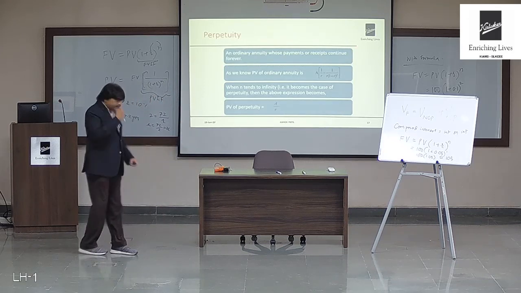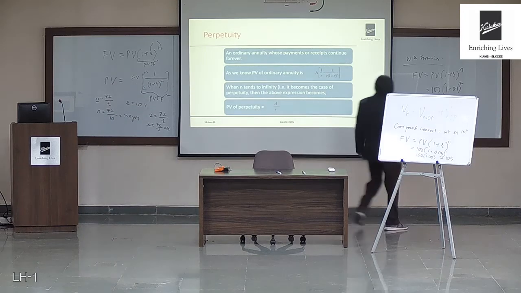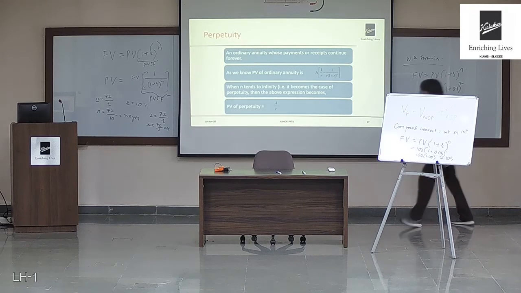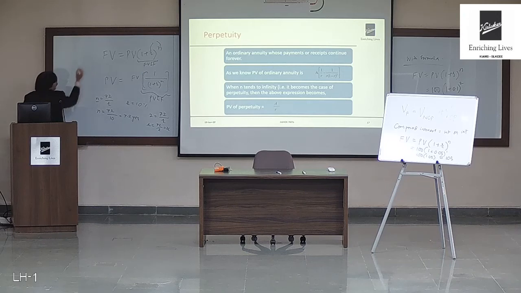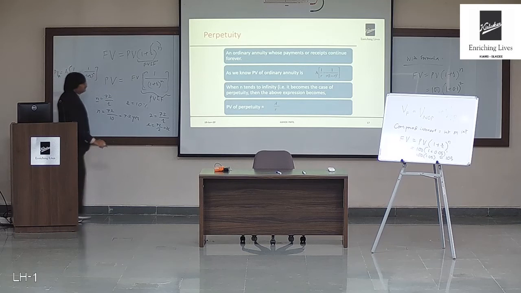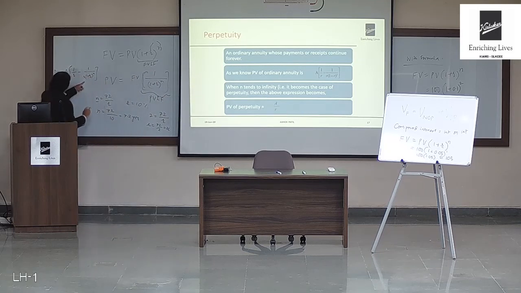Now perpetuity. Now this requires some explanation. Say, for example, we see the present value of the annuity is equal to A times 1 upon R minus 1 upon 1 plus R raised to n, right? Now in this particular formula, n is the number of periods the